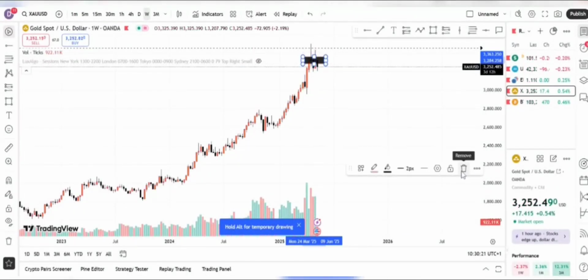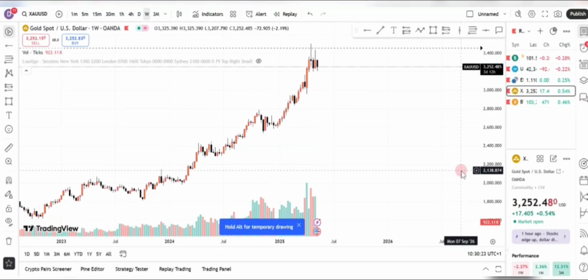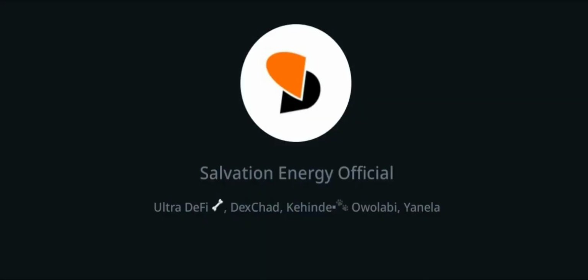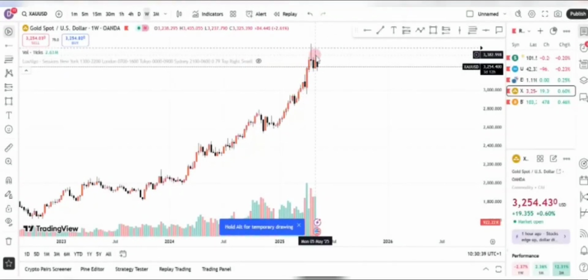The market is ranging. So what usually happens when market is ranging? That market will create some kind of equal lows or equal highs. And then when the market is ranging, you just want to be a little bit patient because something's going to happen. Market is either going to do sweeps of all of these equal lows here